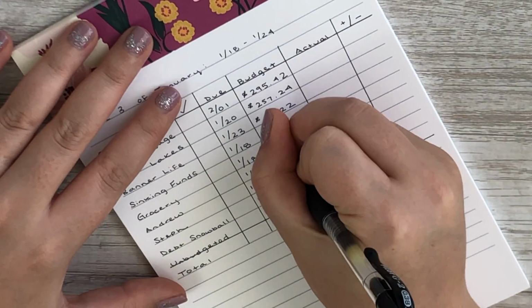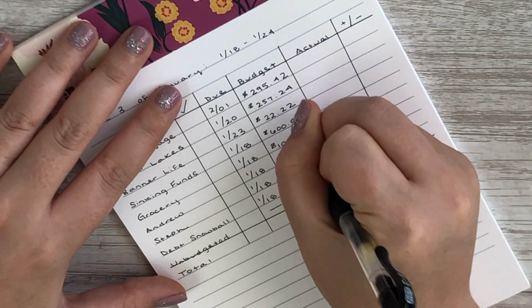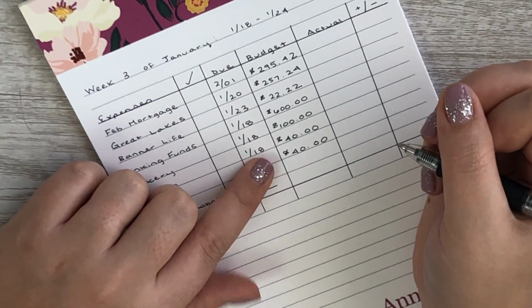Okay, Andrew, I'm taking out the rest of his pocket money for the rest of the month, and then I'm just taking $40 for my pocket money, so that'll